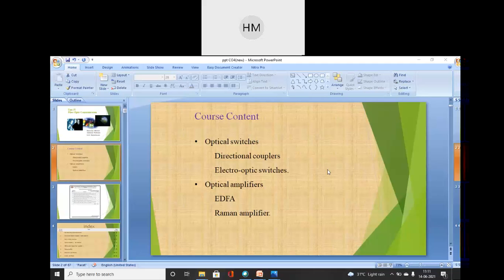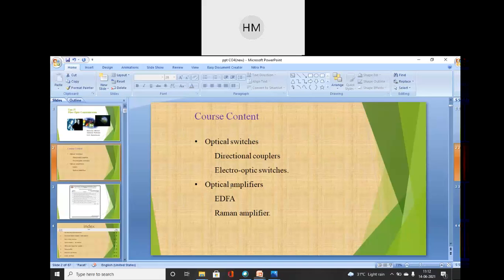Amplifiers are needed when there is a loss of information in the communication system. In long distance communication, in between we will connect optical amplifiers so that the signal attenuation will be very less and there will be no loss of information. Practically, zero loss is not possible. Some amount of losses will be there, which we have to consider while designing fiber optic communications. So these are the basic course content of Unit 4.